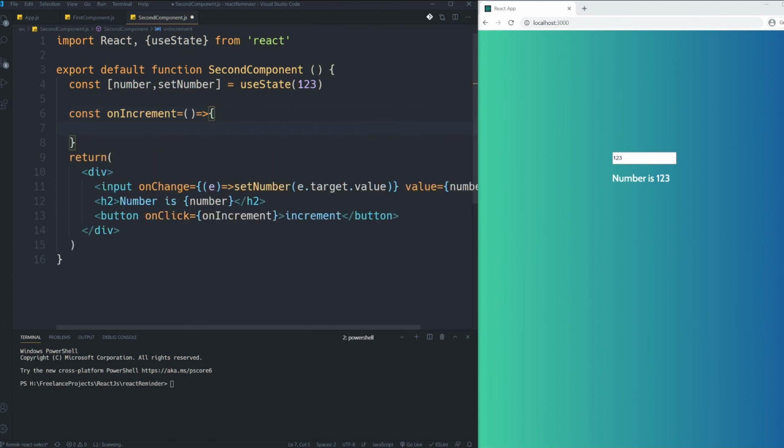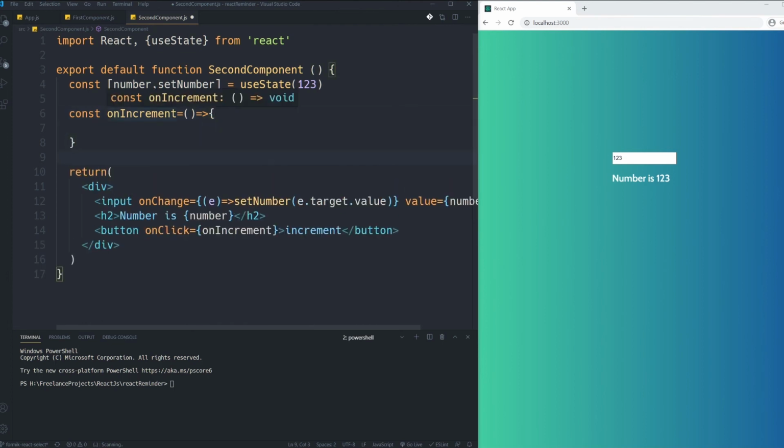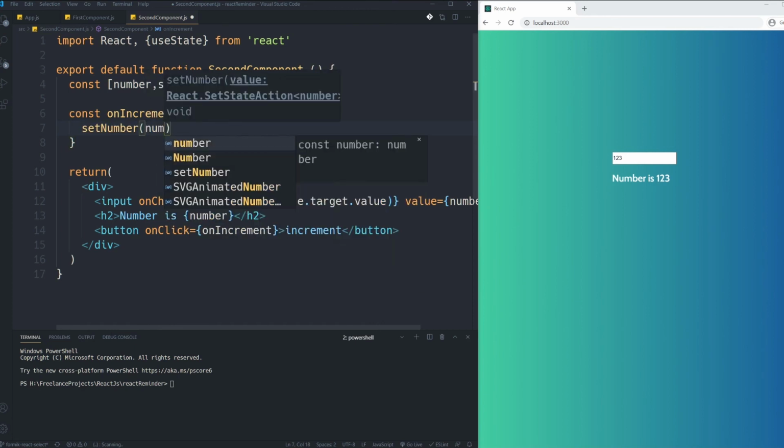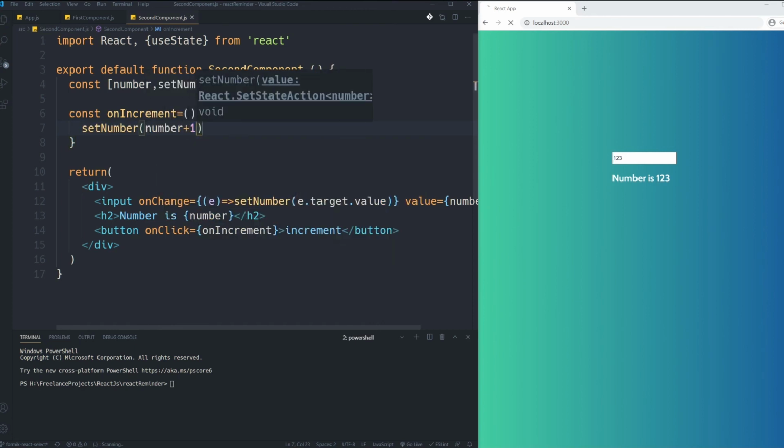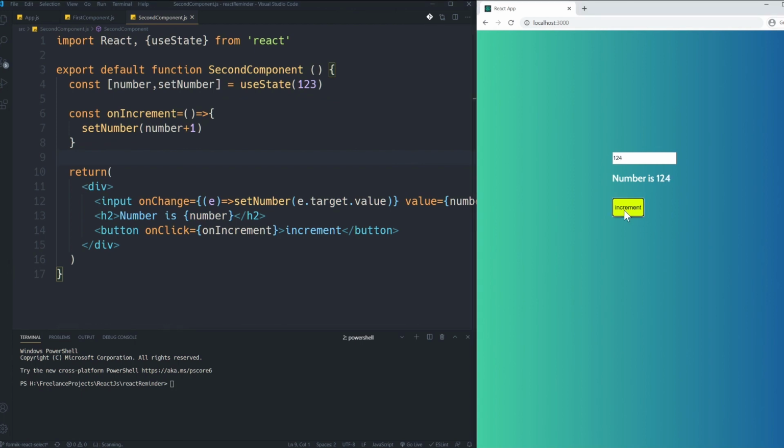So inside the increment function, I just want to get the previous value of my number and increase it. So using this function, again, I can do it, and number plus 1. So when I click on it, you will see that it works fine, but the way that we did it,